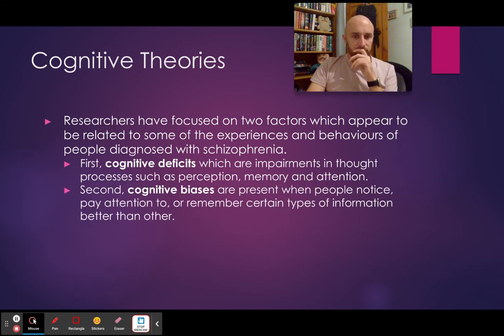So, first things first, cognitive deficits are impairments in thought processing, such as memory, right? Cognitive biases are present when people notice, pay attention to, or remember certain types of information better than others. For example, cognitive biases are a little bit like selective attention. You know, like if you're telling someone,